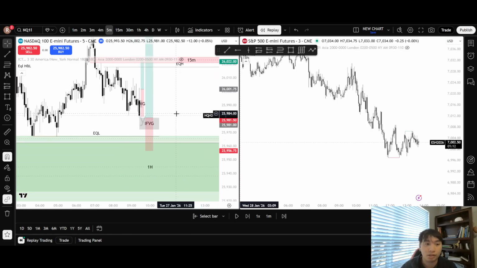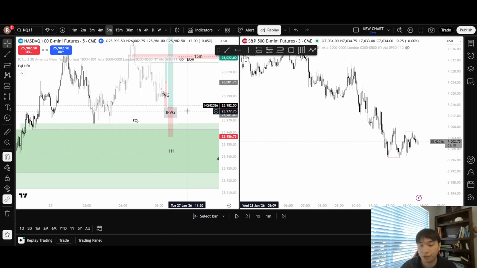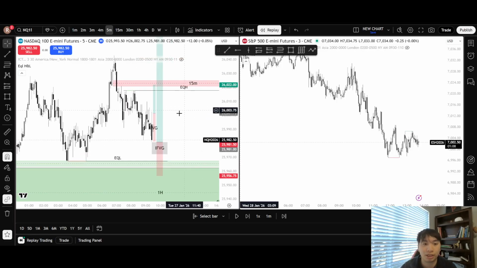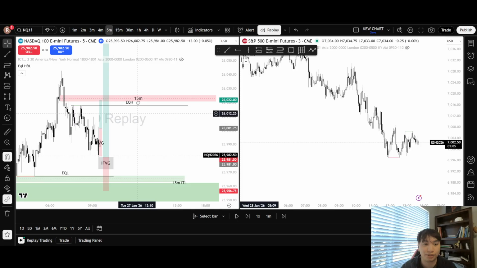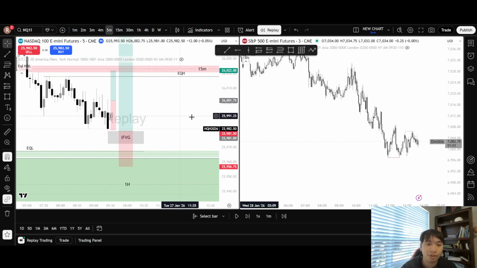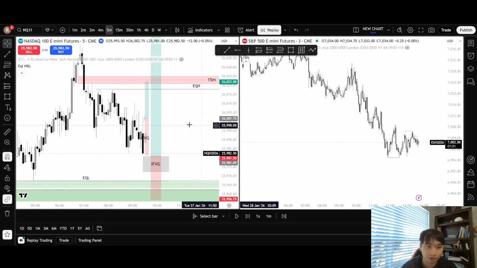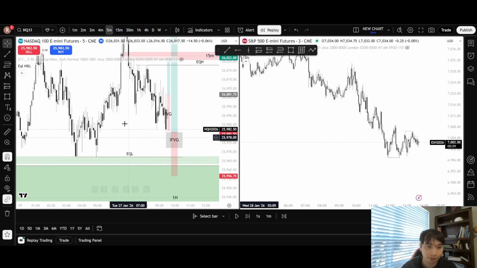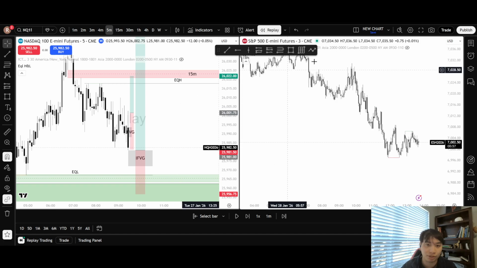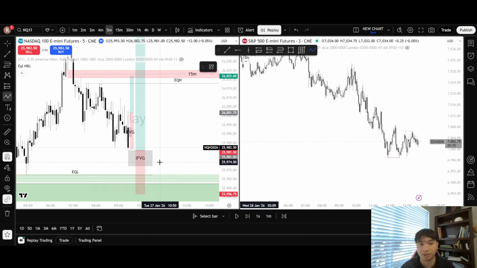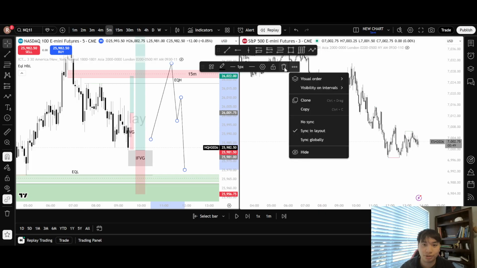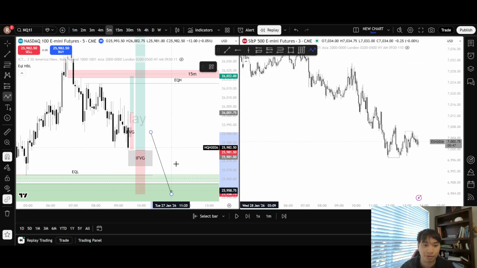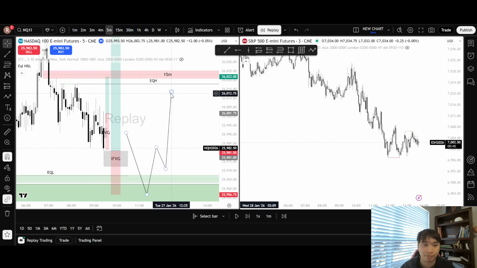Cool. I'm like, great. So we have our narrative, and then we have our objective for the day, which is reaching out these 15-minute highs. One thing I wanted to note was that I wasn't strictly bullish. We were bullish for the most part, but we had equal lows down here, so I really wanted to see one or the other swept out because we have equal highs and equal lows. So either we go higher, like this, or we go lower to sweep out each goal that we had, right?